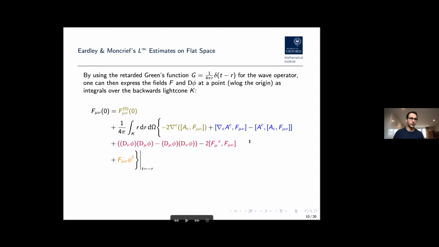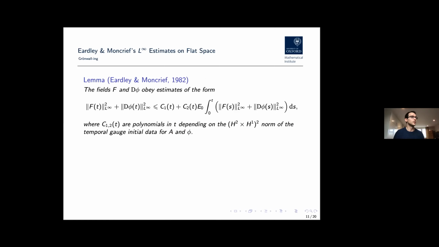Okay, so Eardley and Moncrief then go on to estimate this integral expression for F and similarly for dφ, to derive these Grönwall type estimates for the L-infinity norms of F and dφ, where the coefficients here are polynomials in time, depending on the H2 cross H1 norm of the initial data. One thing that I want to point out here is that there is a factor of the energy appearing here,